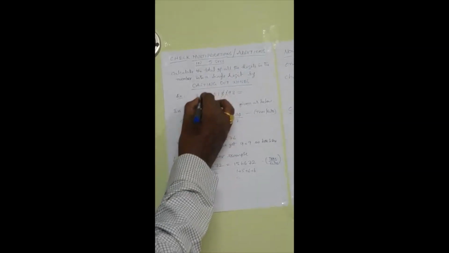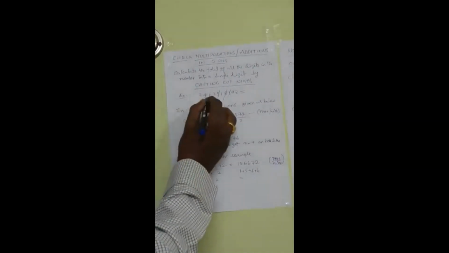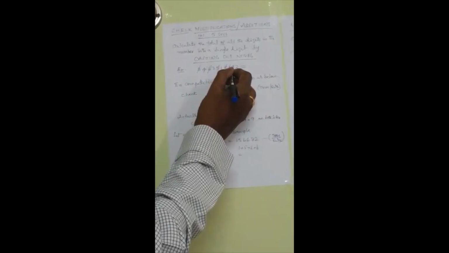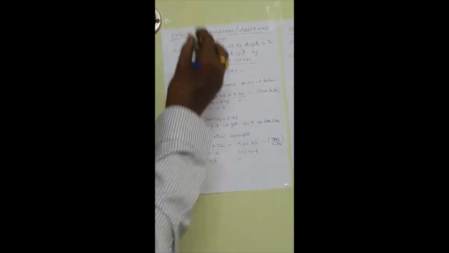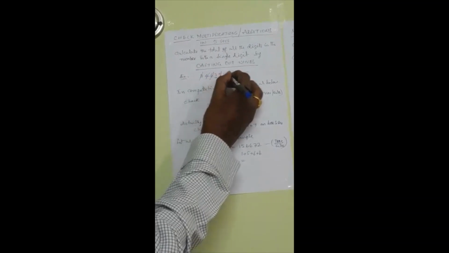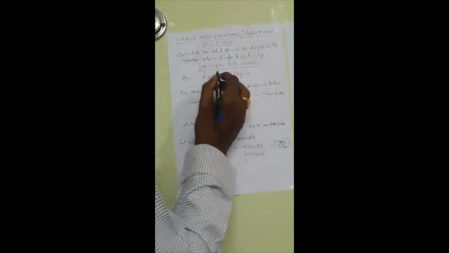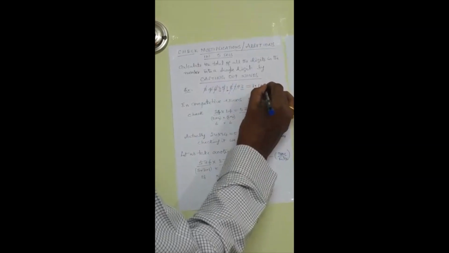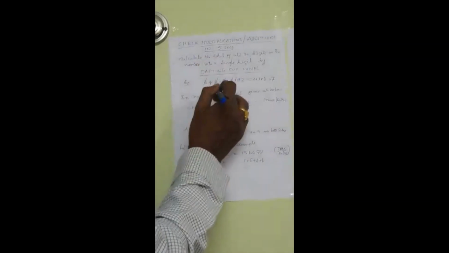Then another pair is 5 and 4, so this also you can cancel. And 6 and 3, this also you can cancel. So 6 plus 3 is 9, cancelled; 5 plus 4 is 9, cancelled; 8 plus 1 is 9, cancelled; and the single digit 9, cancelled. So what are you left with? 3, 1, 3. 3 plus 1 plus 3 is equal to 7. So very easily you got 7. You need not calculate all these things. This is casting out nines.